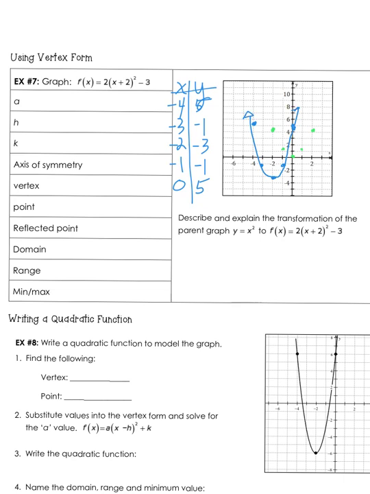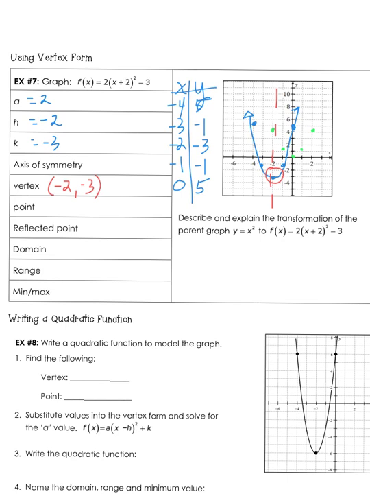Our axis of symmetry would be right here because I like to test the symmetry of my parabola. So there's our vertex. So A is equal to 2. H in this case is the opposite of what we see there, so it's a -2. And K is exactly what we see there, which is a -3. So because my vertex is at -2, -3,